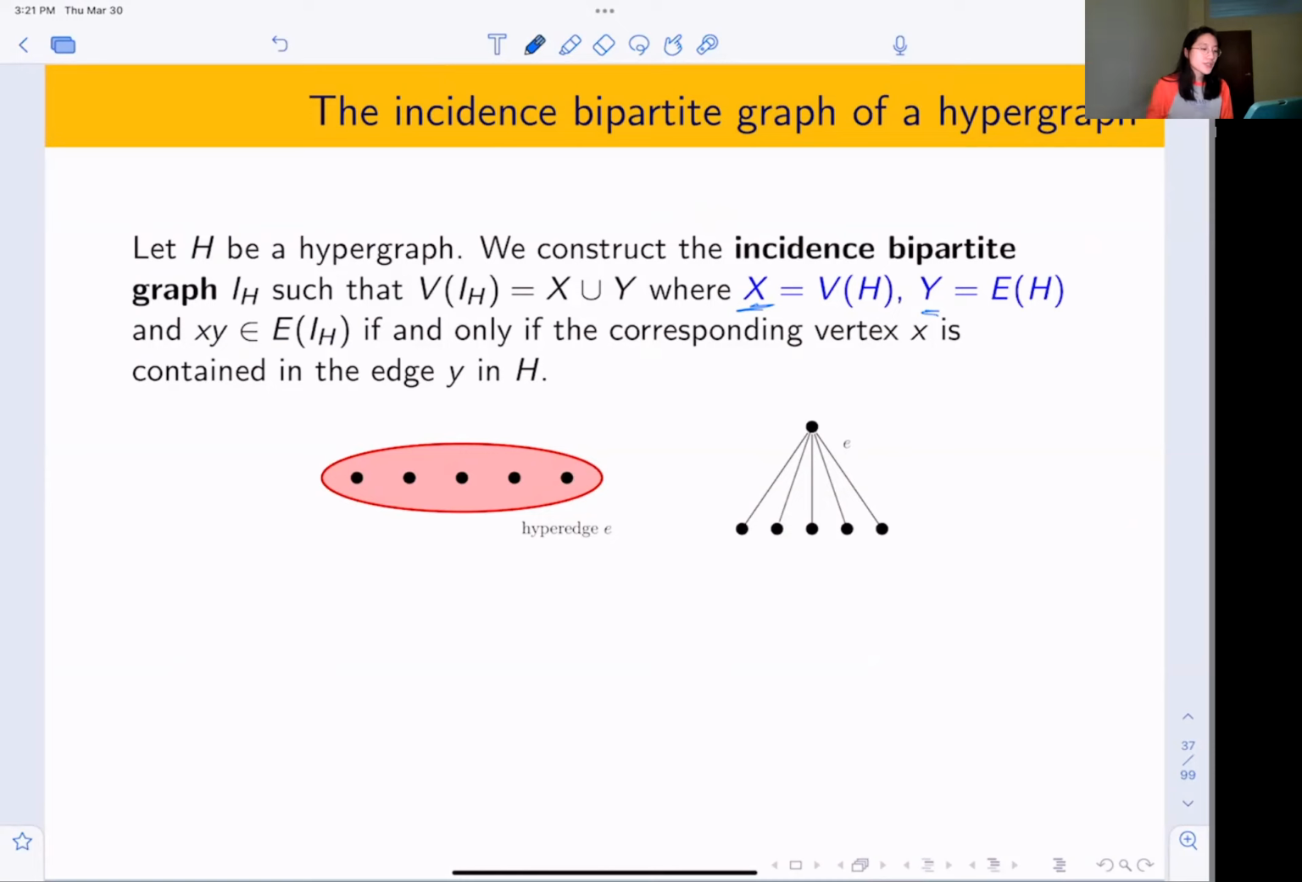And then I place the edges as expected. I place an edge between X and Y if the corresponding vertex X is contained in the edge Y in the hypergraph. Okay, so here's a picture of an edge. It contains here 5 vertices. I give it its own